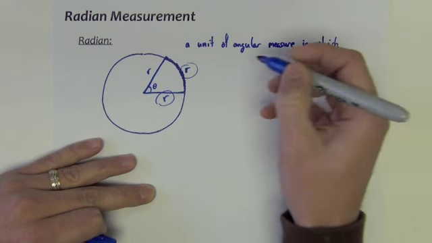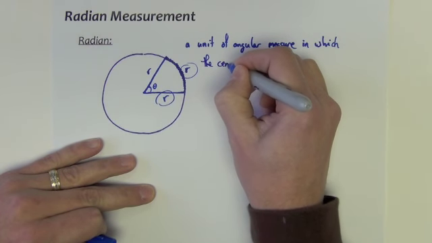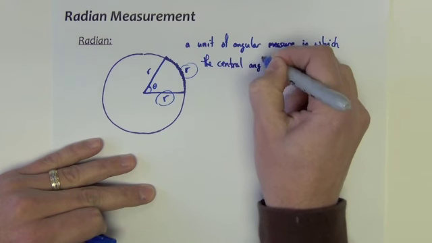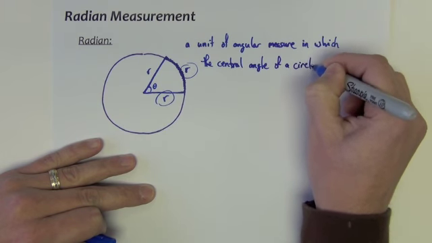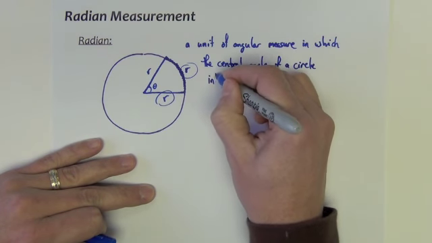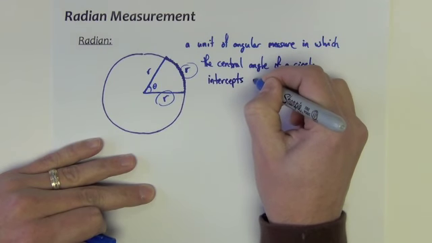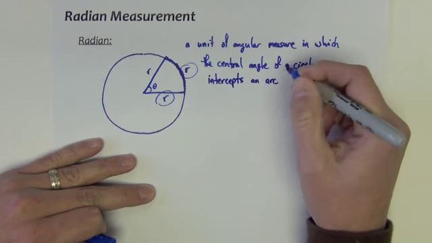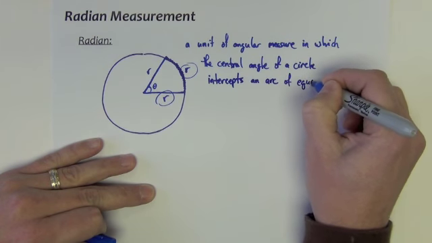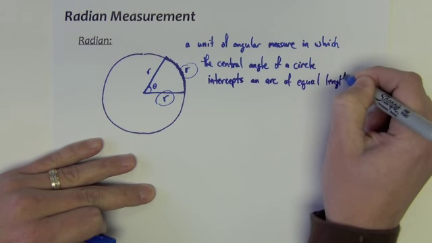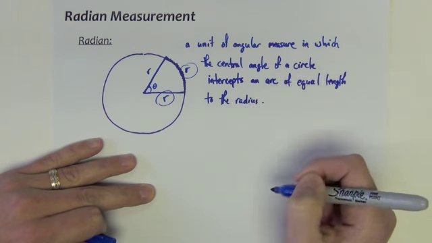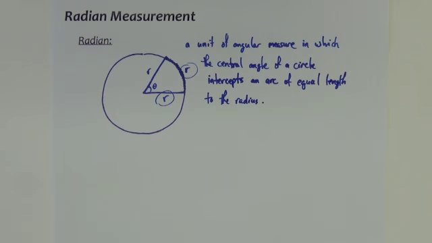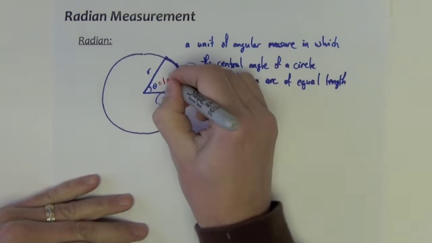Measure in which, I'll say, the central angle of a circle intercepts an arc of equal length to the radius. So there is 1